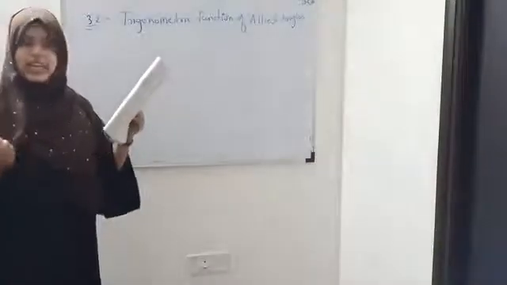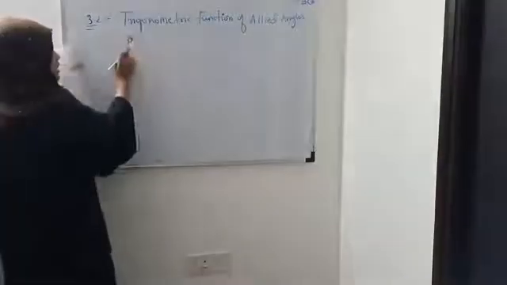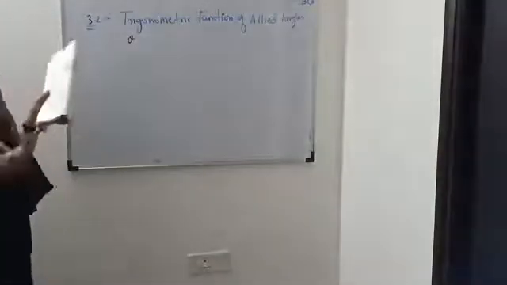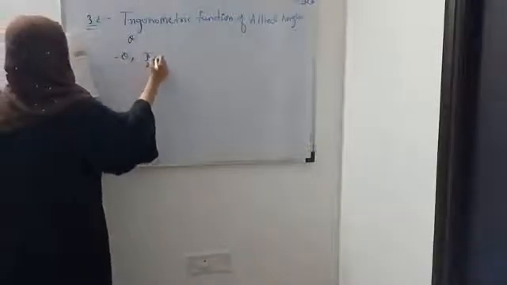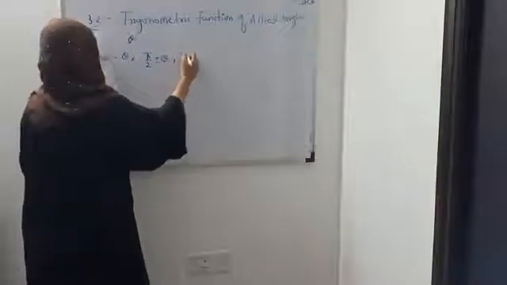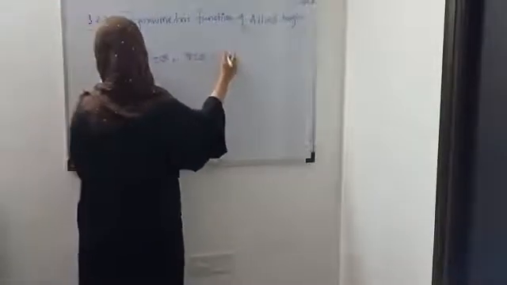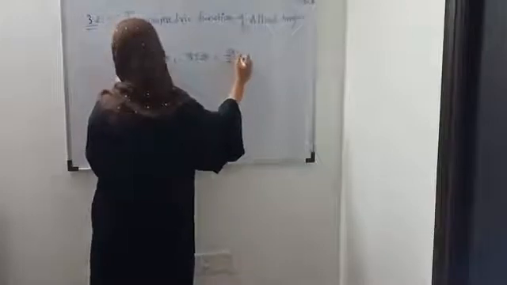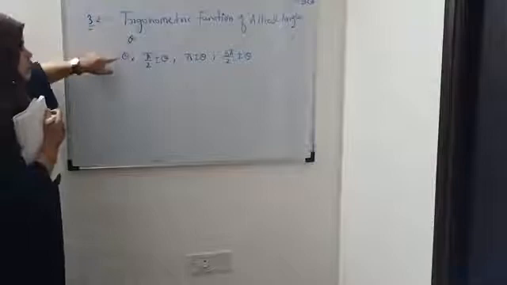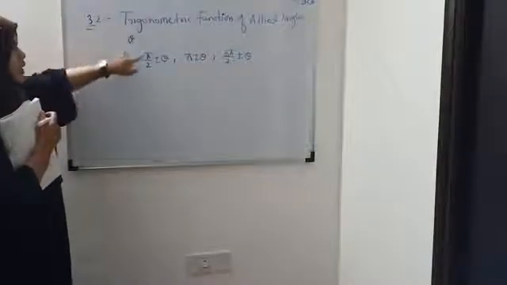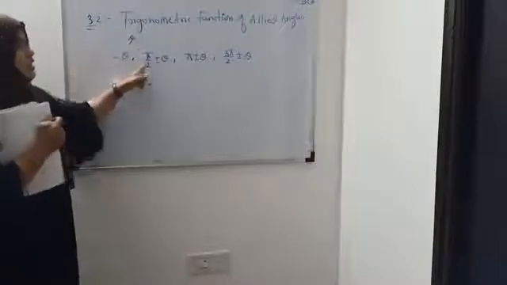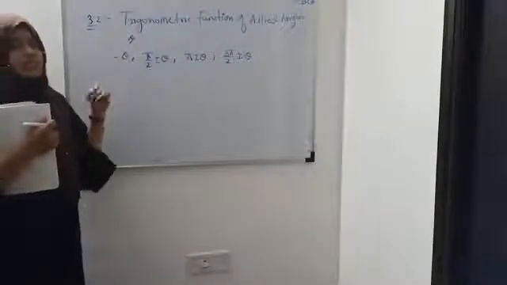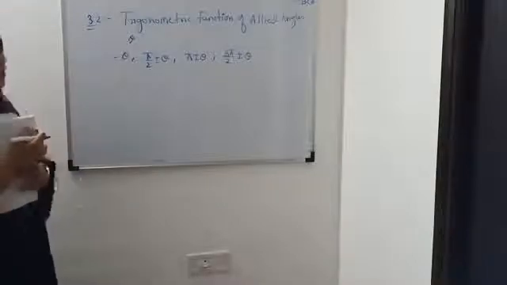So if theta is any angle, then its allied angle may be minus theta, then pi by 2 plus minus theta, then pi plus minus theta, then 3 pi by 2 plus minus theta, and so on. If you add these two, you will get 0. Or if you subtract these two, this and this will get cancelled, you will get pi by 2. So either it should be 0 or it should be a multiple of pi by 2.